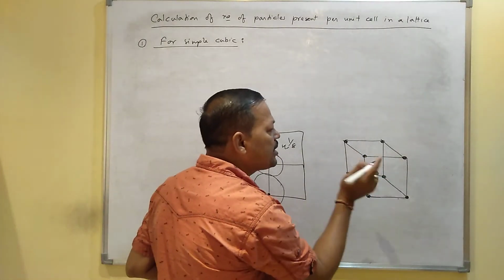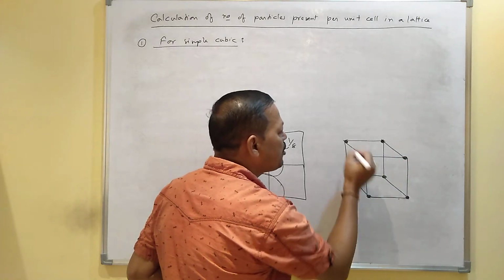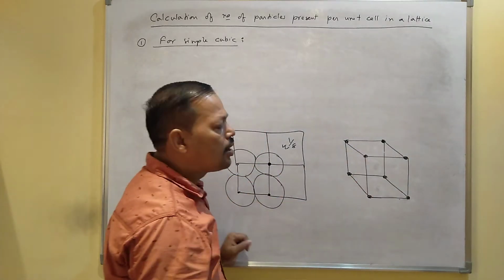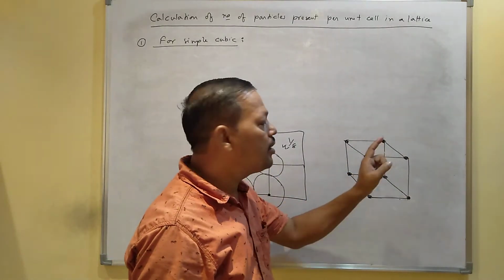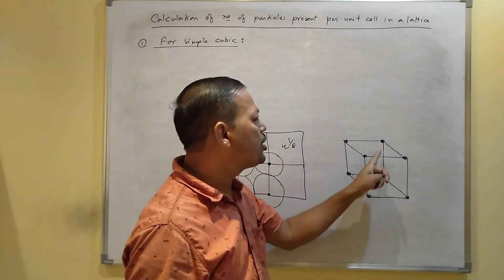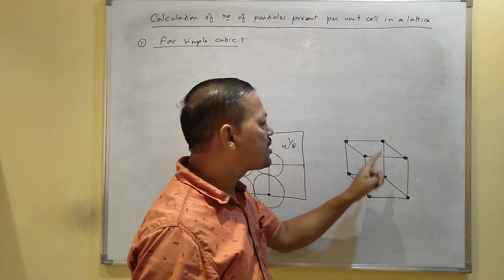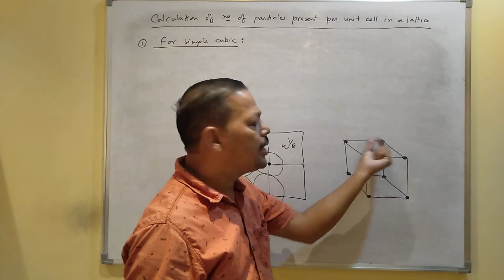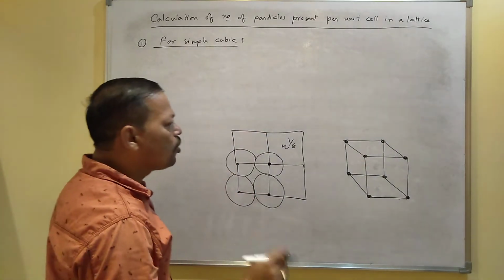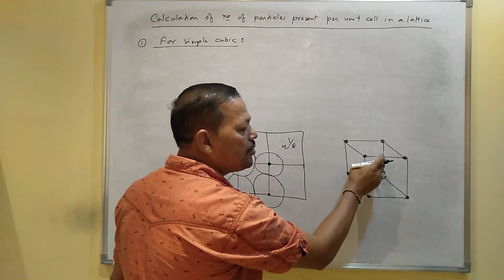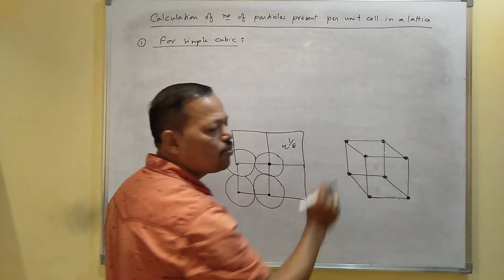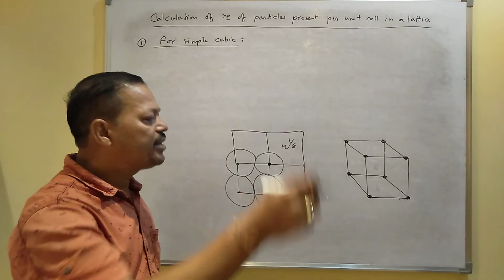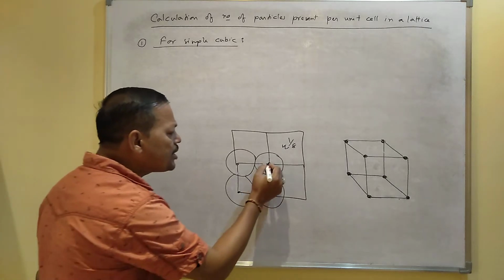So this is one unit cell. A unit cell contains 8 corners, 8 corners contain 8 particles. But this corner particle is shared by other cubes also. How many cubes share this corner particle? There are 8 cubes in the case of a lattice. 8 cubes share this corner particle. So since 8 unit cells share this corner particle, one cube will get 1 by 8 part of that particle. So that is why, although the corner contains one particle, one unit cell does not get a complete particle from one corner. It will get only 1 by 8 part, because the corner particle is shared by 8 cubes. So this is for one corner.